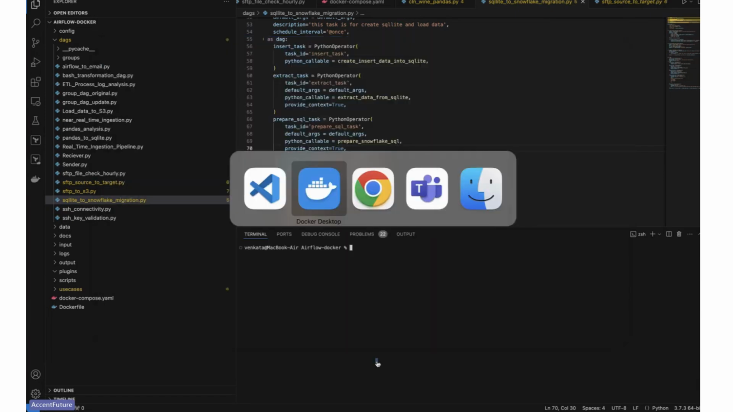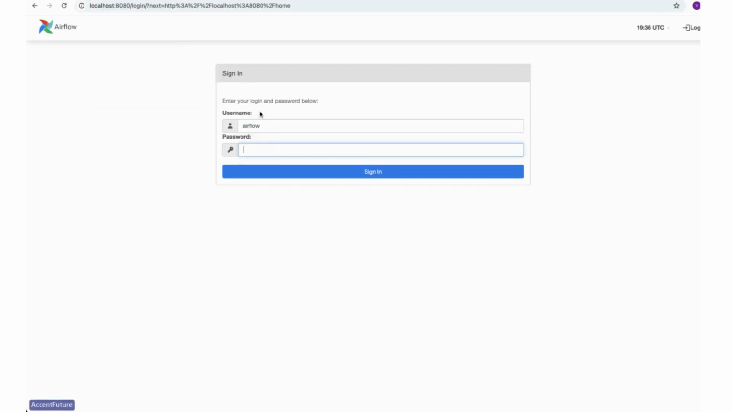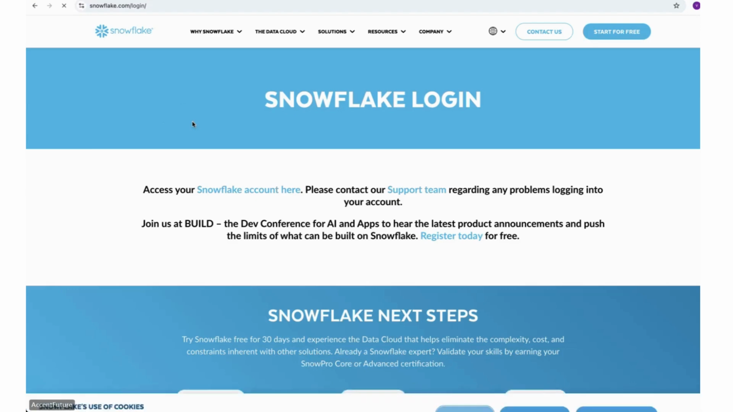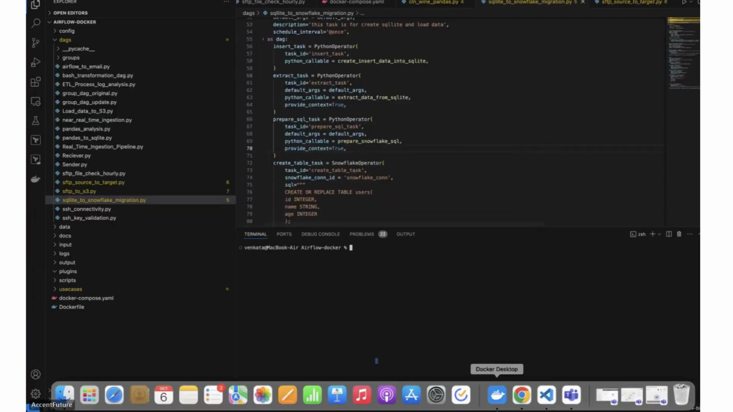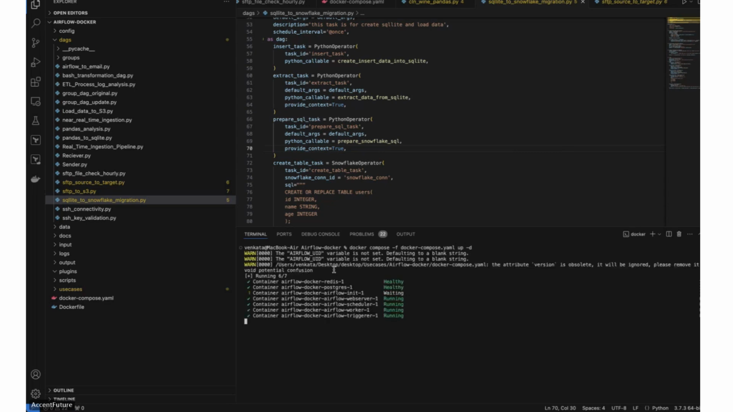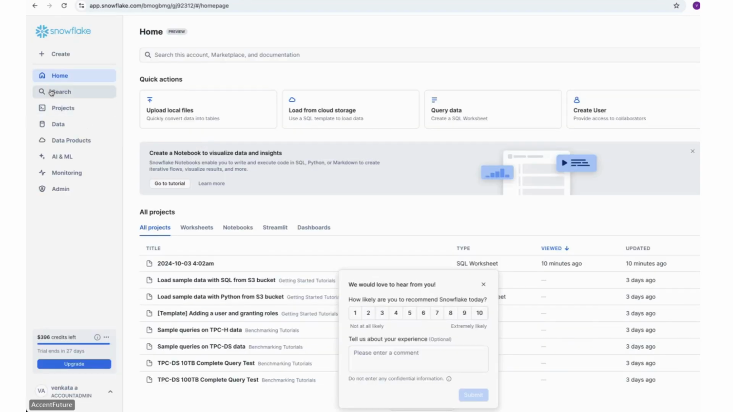Just go to the containers. Workflow. Okay, put my login, Snowflake. Okay, I'm just taking this login. This one. Okay, if you go to the worksheet